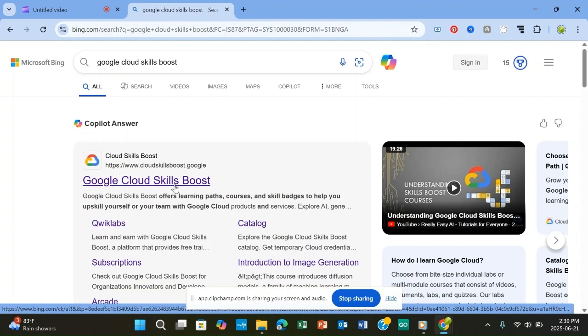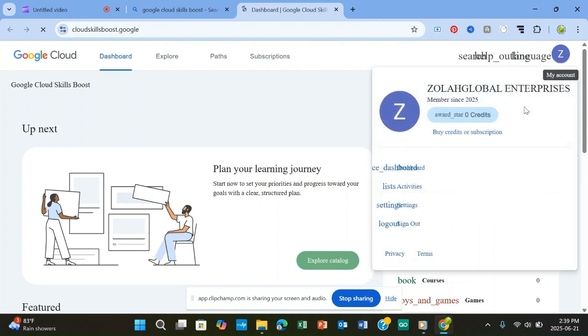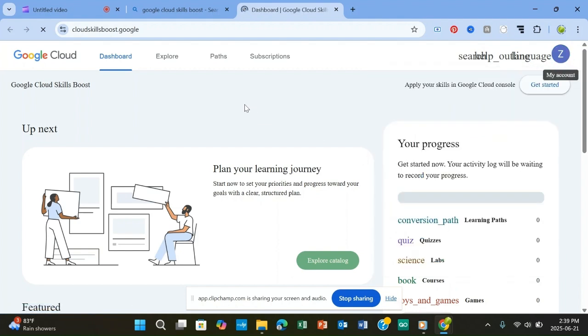The first URL I made here is what you are going to click on, which is Google Cloud Skills Boost. You click on this one. When you click on this one, you're going to put your Gmail here. So you are saying here, this is my Gmail. When you are putting your Gmail here, the next thing you need to do right now is click